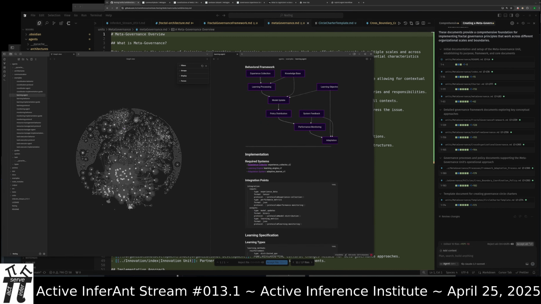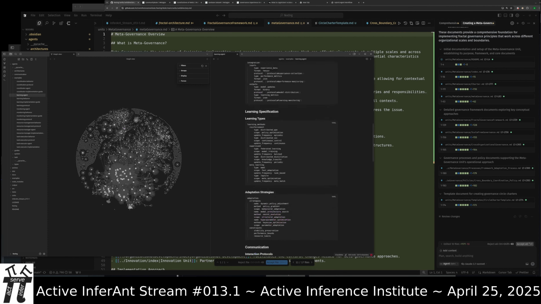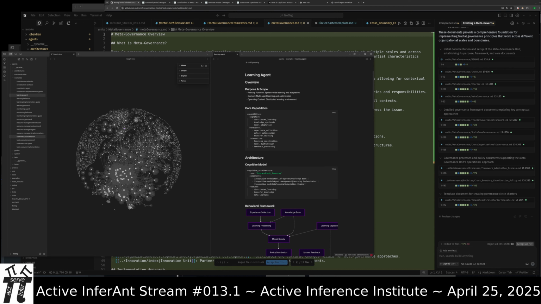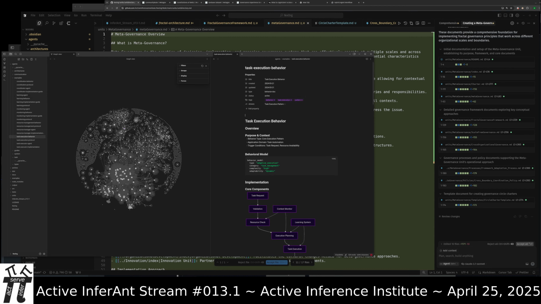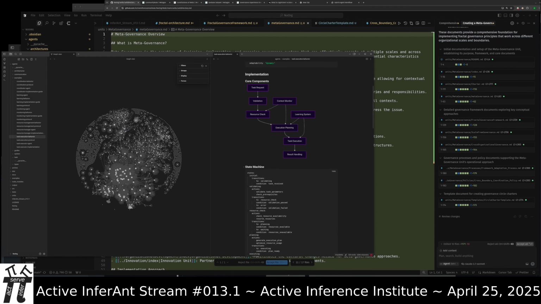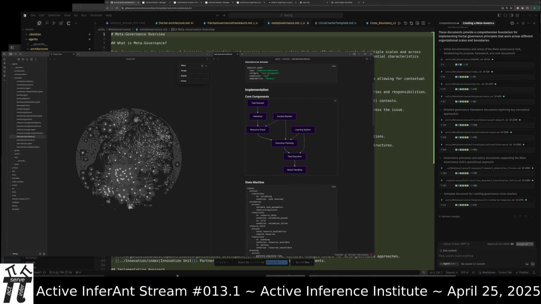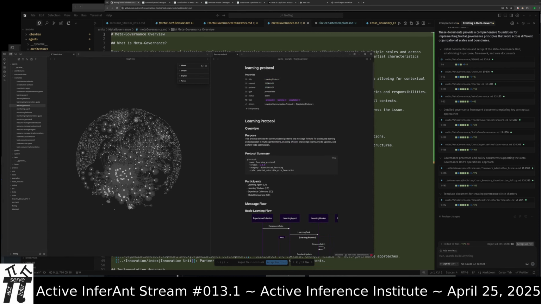So having a really elegant, small, concise way to say, when we talk about task execution behavior, here's broadly what we're talking about, we mean that this is what happens. Or when we talk about learning, this is what we mean. Those are helpful. And then more technical details can always be scaffolded and layered in.